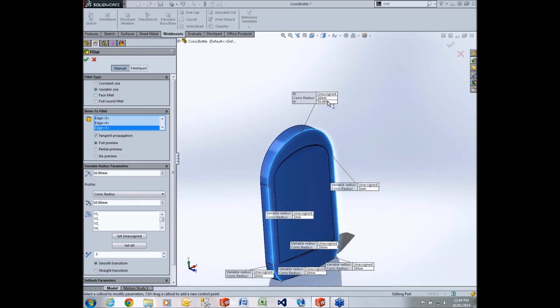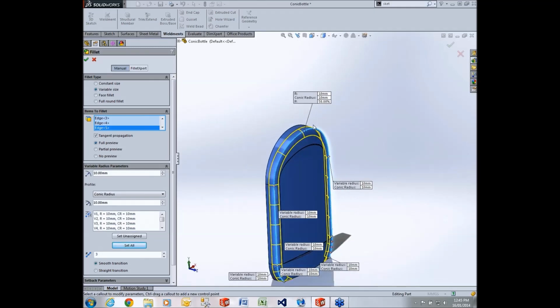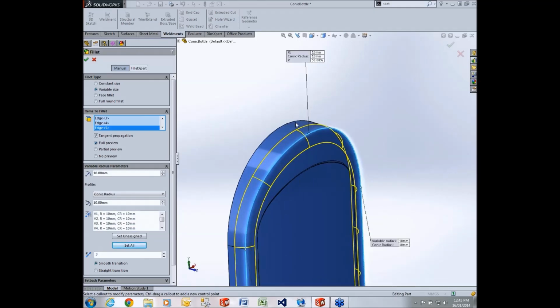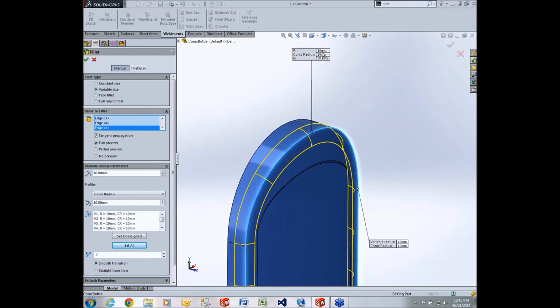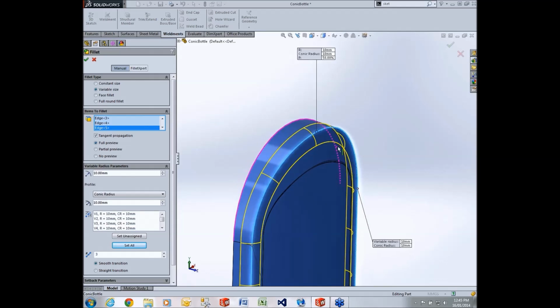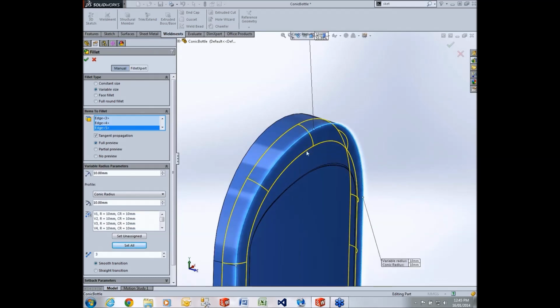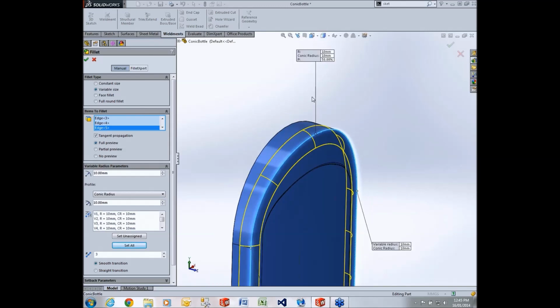All right, so I'm going to set all of them to have these default values, and now I'm going to play around with the values so you can see the effect of the changes of these two values, this radius and conic radius. So at the top here, I'm going to set the radius to be larger, and what you're going to see, the base lines here. So this line here and this line here are going to grow out further,